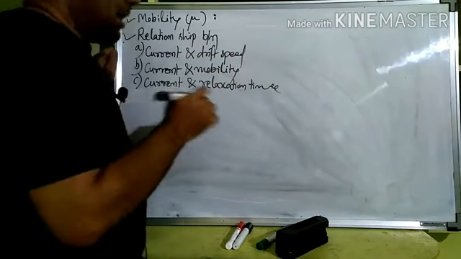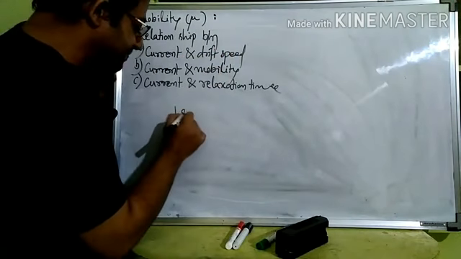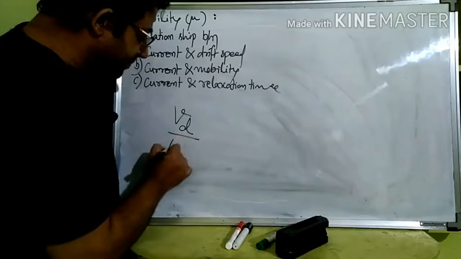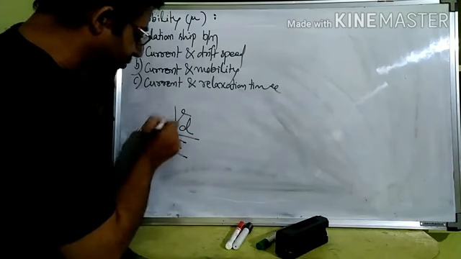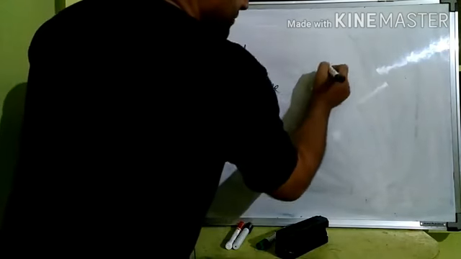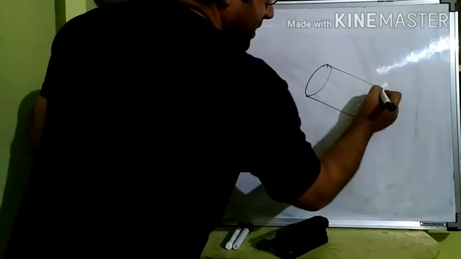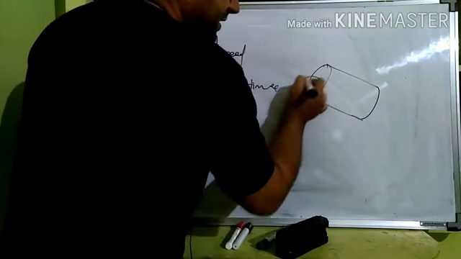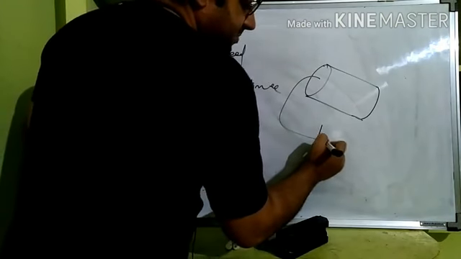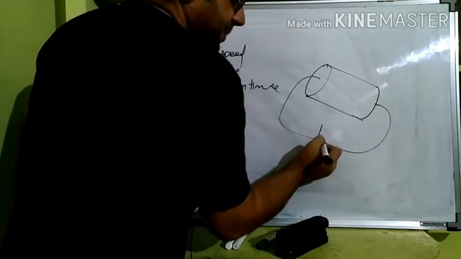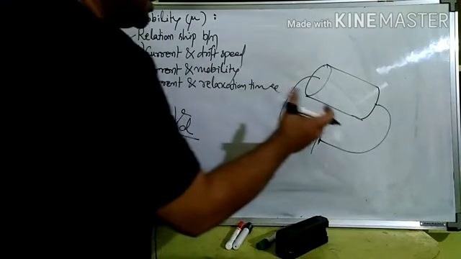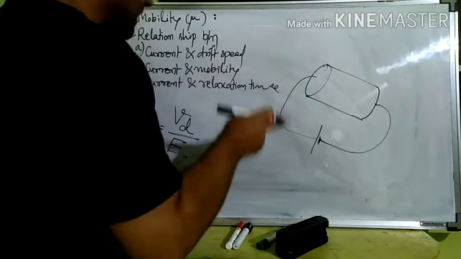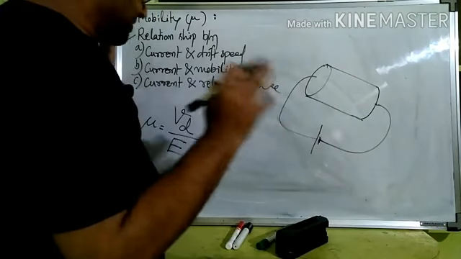Mobility is nothing but, see, what is drift speed? We know drift speed per unit electric field is called mobility, and the symbol of mobility is μ. Whenever a conductor is connected across some EMF source, or is under an electric field, only then is current possible. There all this drift speed comes into the picture.